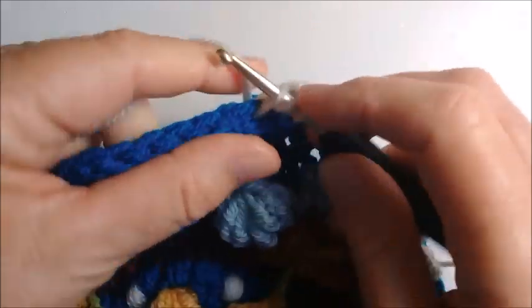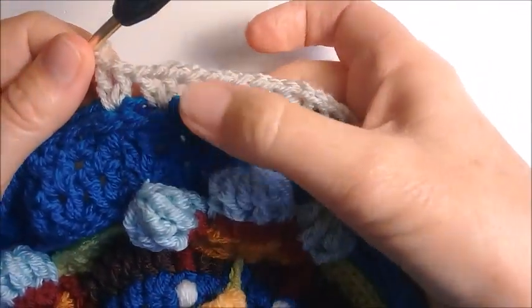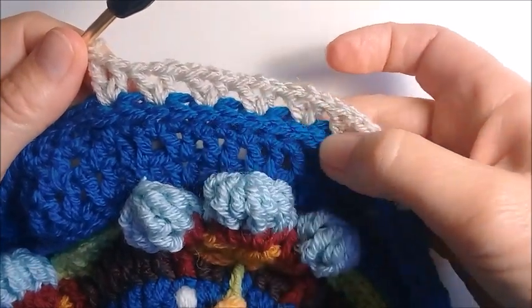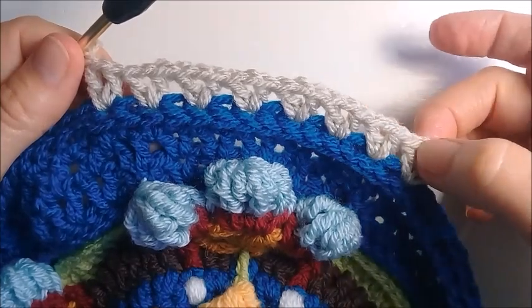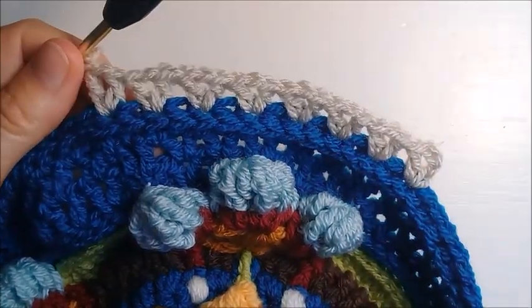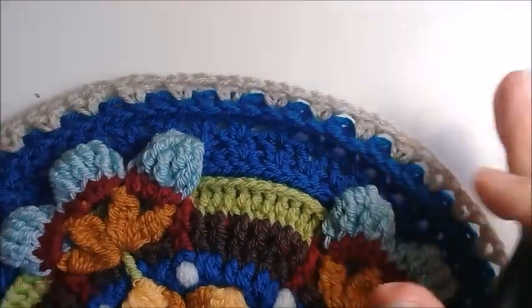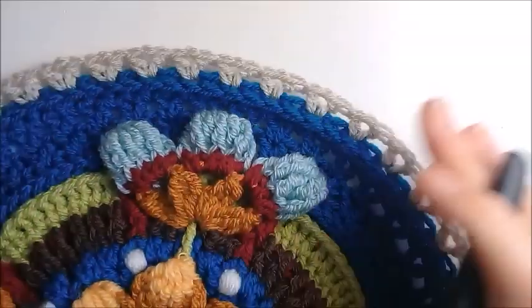Okay, so you're just going to go all the way around like that. All right, so you're going to have this little ridge in the front here. Okay, so I shall see you at the end of this round, which is round number 25. Okay, and as you can see with this round, if I just pull it ever so slightly,